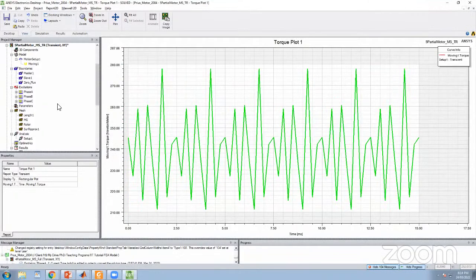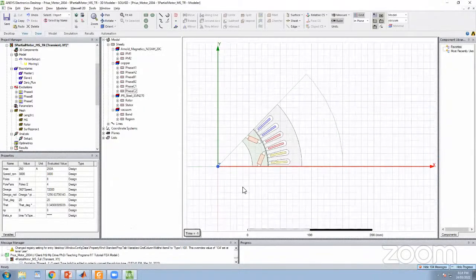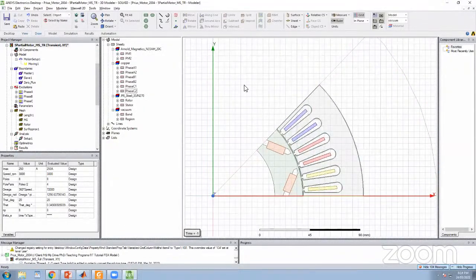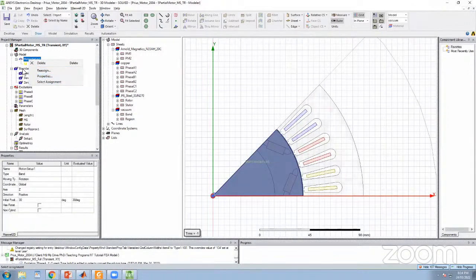Oh, forgot another important thing. Sorry. Before we do the analysis, there's another very important thing we need to set. I always forget to mention that in the training session. Okay, so after we set the motion and the current, another thing very important for us to set is the